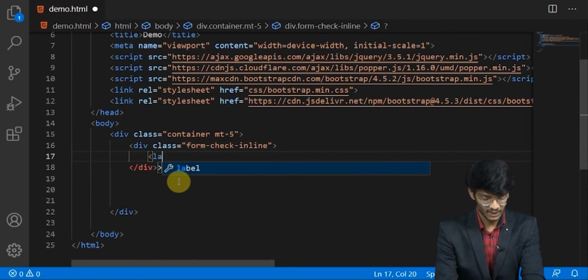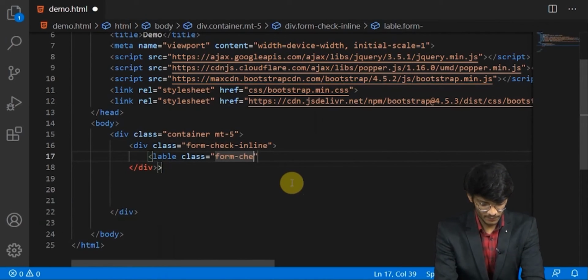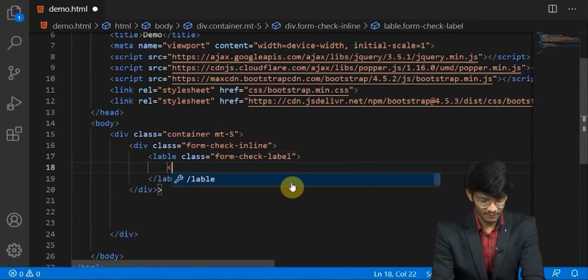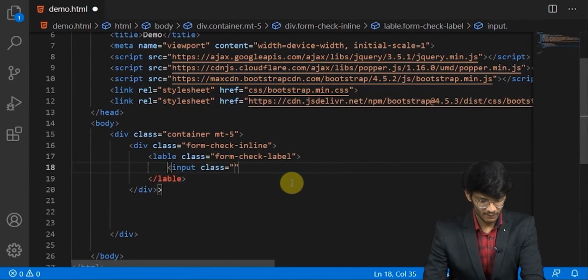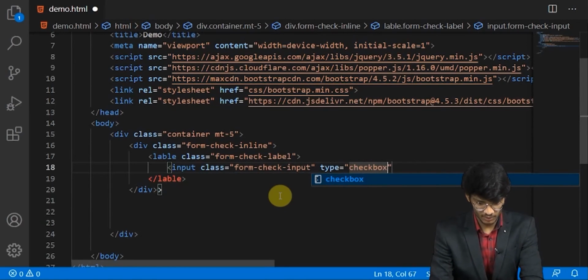We'll have to add a label with class form check label, and inside that label tag we will have an input tag with class form check input, and that will be of type checkbox.